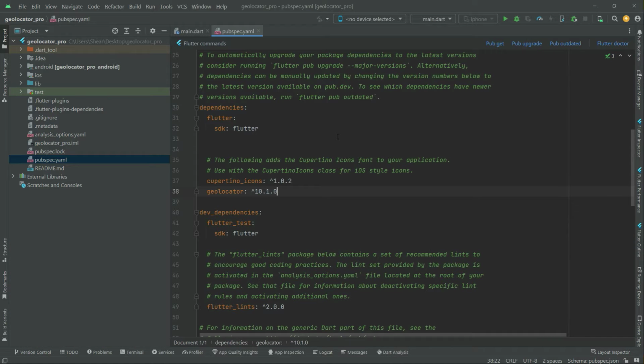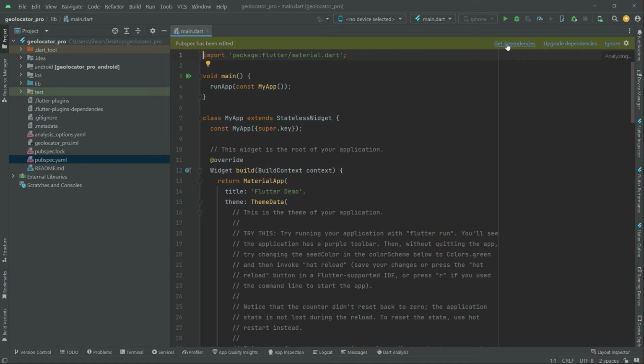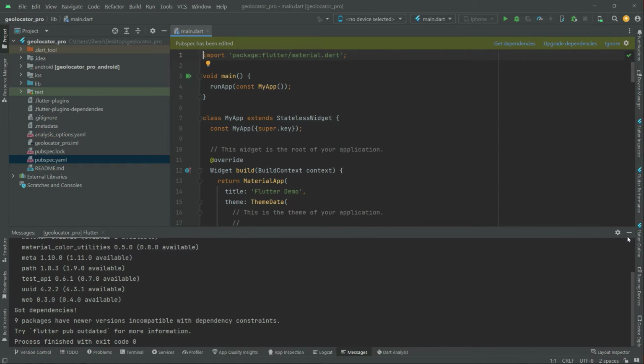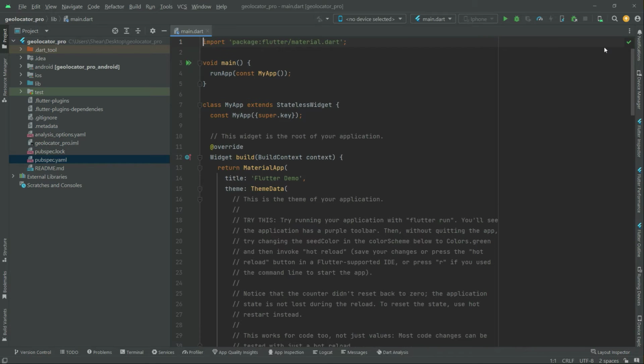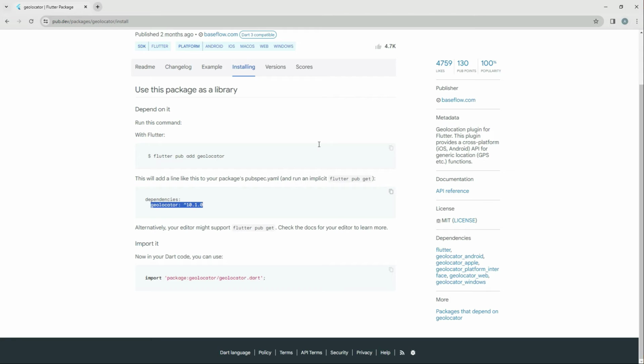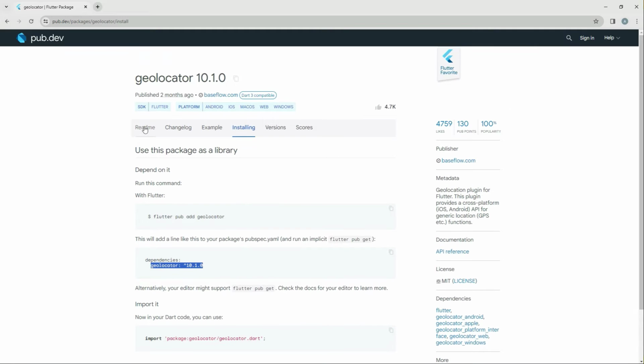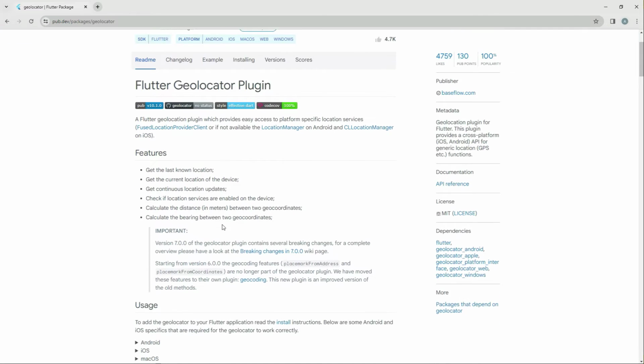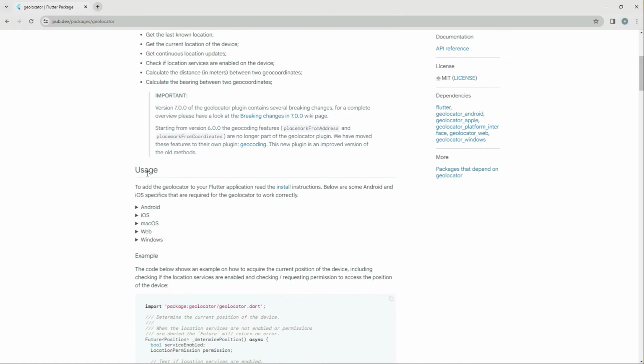Now we'll just close that pubspec.yaml and just click upon that get dependencies. Wait for a while. There you go, it's done. Now you can simply ignore that. Now we will go towards the pub.dev. Right here you guys can see we'll go towards the readme, and we have to just provide the permissions, okay, for the geolocator. So if you just scroll down right in the usage, as you guys can see that,